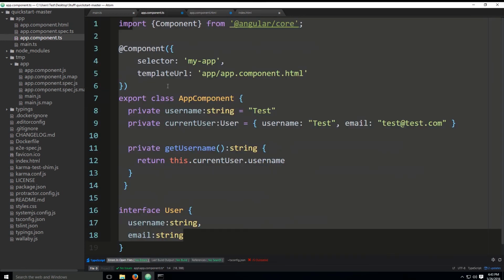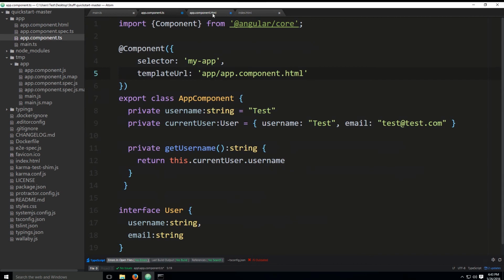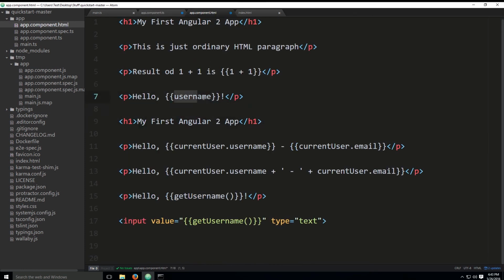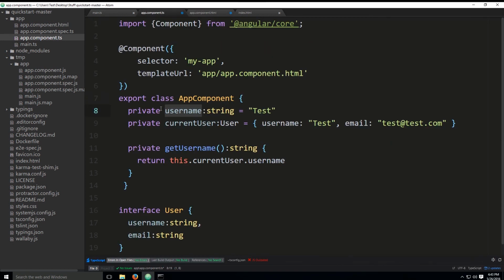So you have the app component class, and then you have a username property here. And if you go back to the HTML, username is a property of the class app component. Since this file is a template for this component, together they make one whole. So we can actually access private things from this class, all the private things, without any problems. Now,